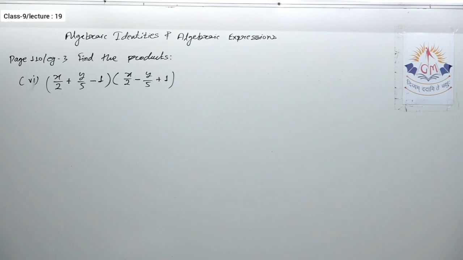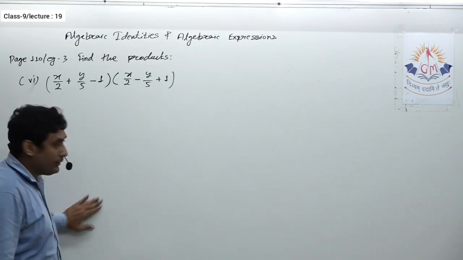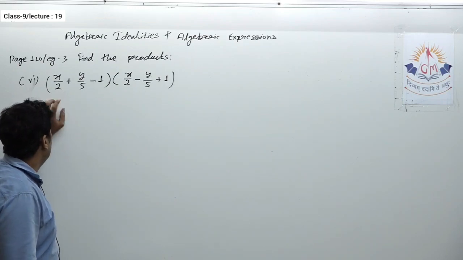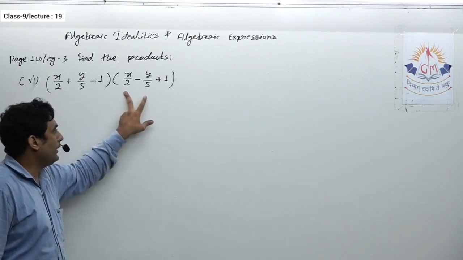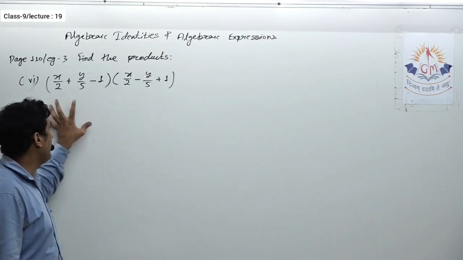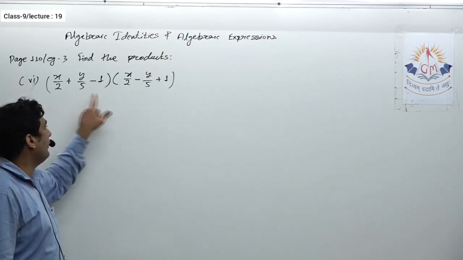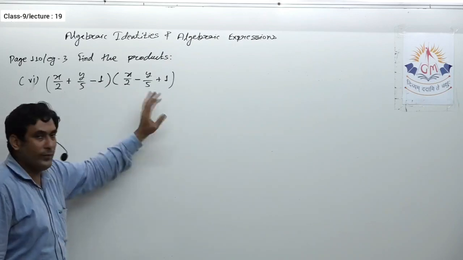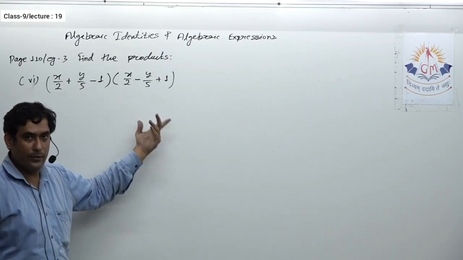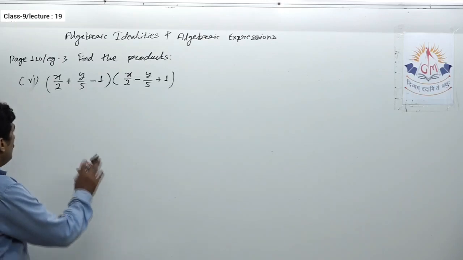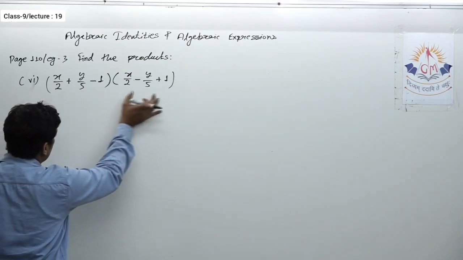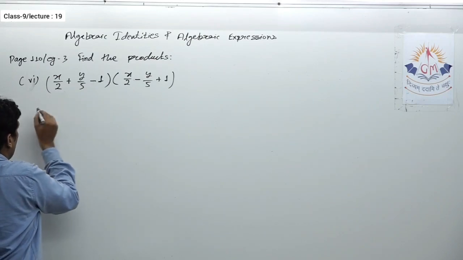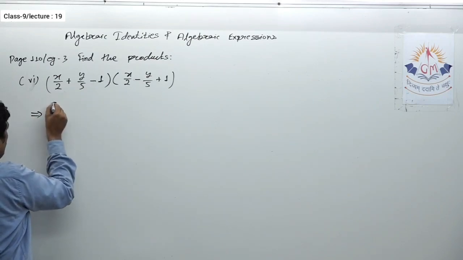Okay, so let us see how to write this in such a way that it fits an identity. See, these two are positive and over here the sign is negative. So definitely we can't take these two as A. As this is not A, it doesn't matter whether the remaining term can be considered as B or not. Now if I take these two as B, this cannot be taken as A. So let us see how to solve this.